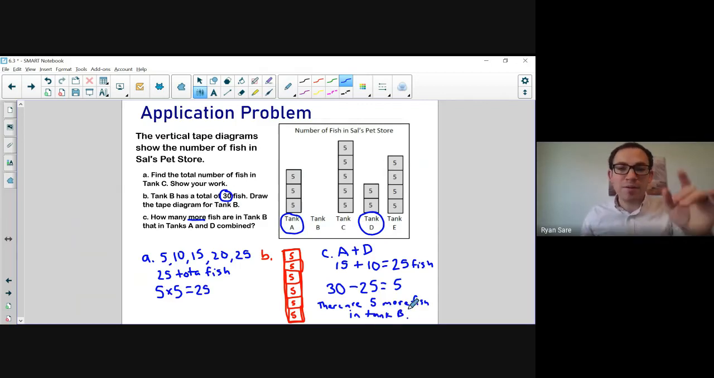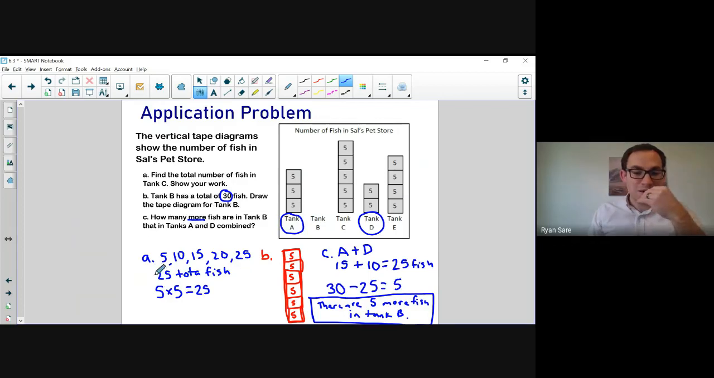So I've answered every part of my question. I've used a complete sentence for this last part. I like to put my answers in boxes, so I'm going to go ahead and put this part in a box. This tape diagram doesn't really fit in a box, and I can put this in a box as well. There's 25 total fish